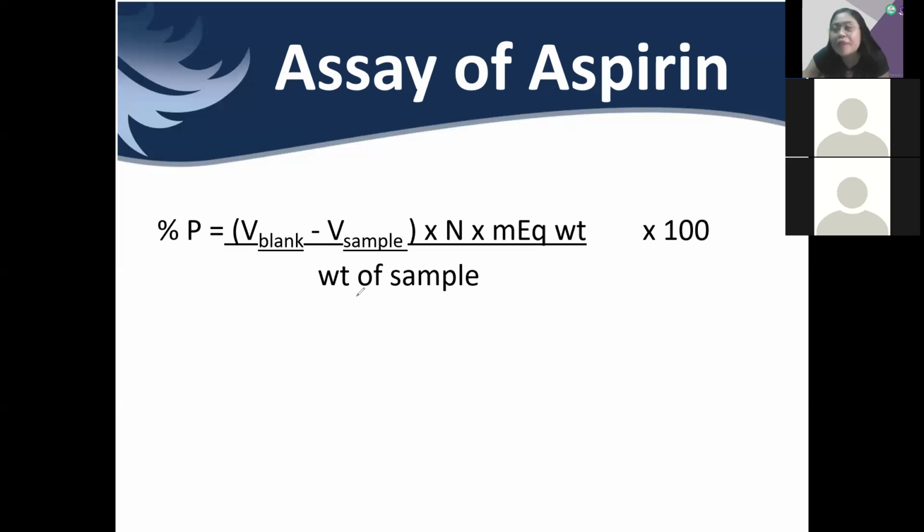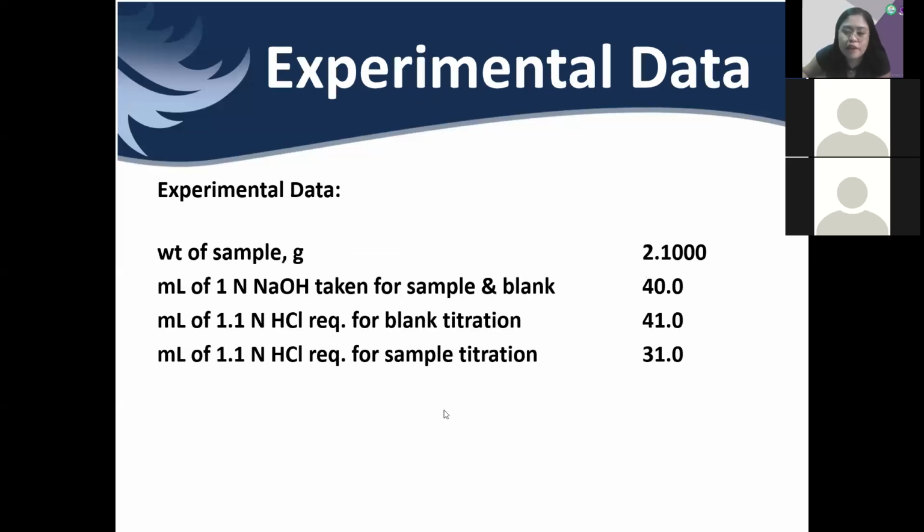It's almost the same formula as that of the direct titration. It's just that we have two volumes here: the volume during the titration with the sample and the volume of the titrant used during the blank titration. So let me give you a